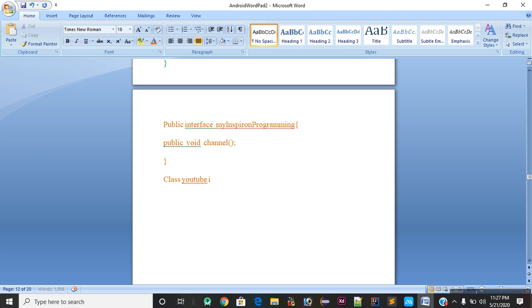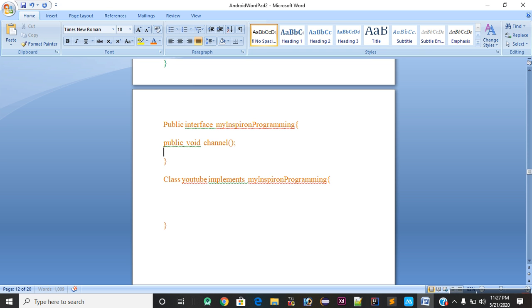So guys, I will use implements, not implement, implements my Inspiron programming, which is my interface name. Now curly braces open and start.